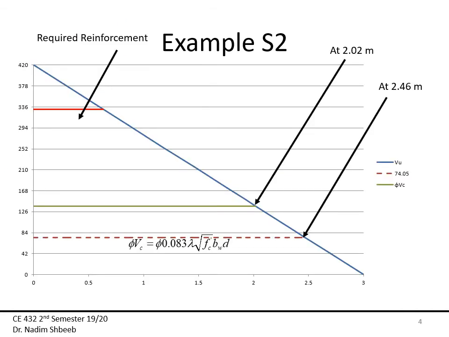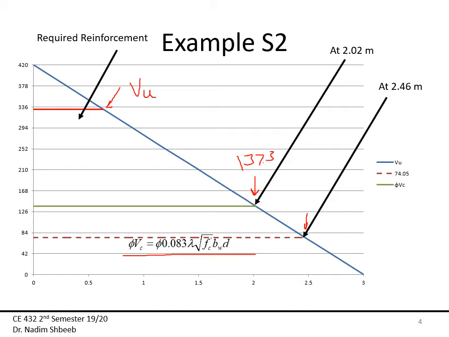Okay, so in this figure I'm showing the shear diagram, or actually I'm showing half of the shear diagram since it's symmetric about the center line. Now the value here is my V ultimate, which was equal to 331 kilonewton. This is my phi VC, which was 137.3 kilonewton, which came from equation B. And this value here is the 0.083 lambda square root F prime C times BW times D,